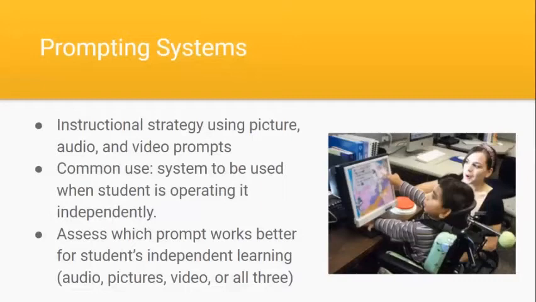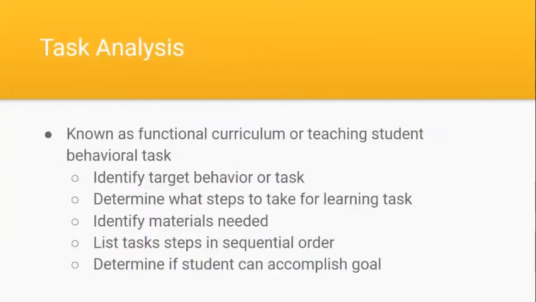So the first one is prompting systems. This is an instructional strategy that is pictured here on the slide that the boy is using. He has his computer. It has picture, video prompts and audio prompts, and that's basically what is being used in the lesson in order for the child to be able to work on the lesson and learn successfully independently. So they'll use those kinds of prompts in order to help. And then we'll go on to our next strategy,